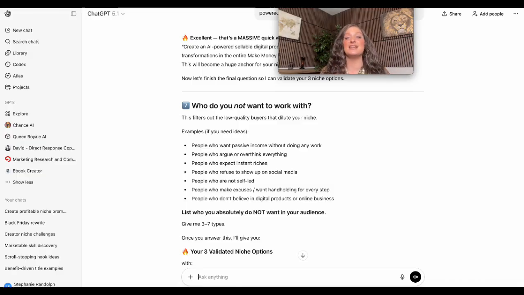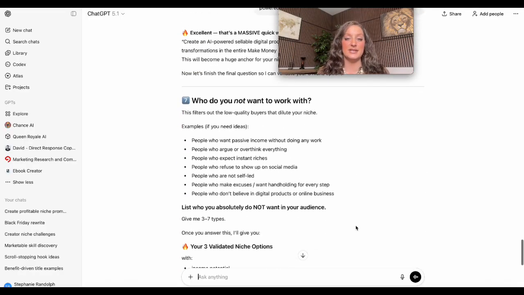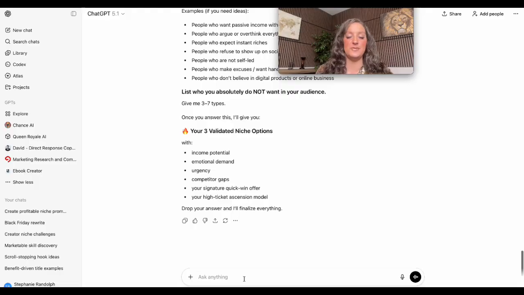The better success that your clients have, the more they're going to recommend you. This is why you don't want to come up with just surface level information. You want to make sure that you dig deep on that digital product, okay? So now that we have all of our answers, now let's go ahead and tell ChatGPT, from the information that you have compiled, what would be my most profitable niche?